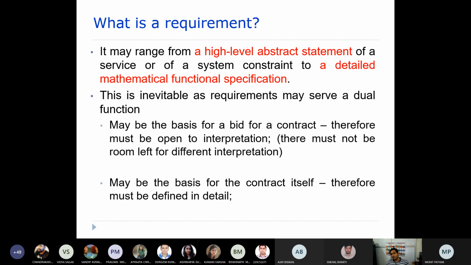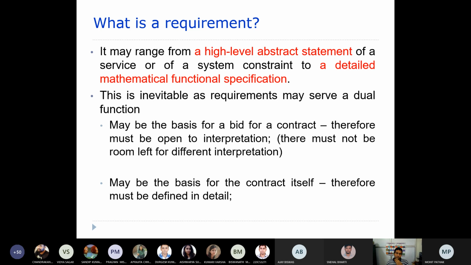We'll talk about formal methods and all; there is a method, formal methods, by which we can specify a requirement, right? We'll talk about that. So usually it is a high level abstract statement, but the specification can be given using mathematical methods. This is inevitable as requirements may serve a dual function, right?